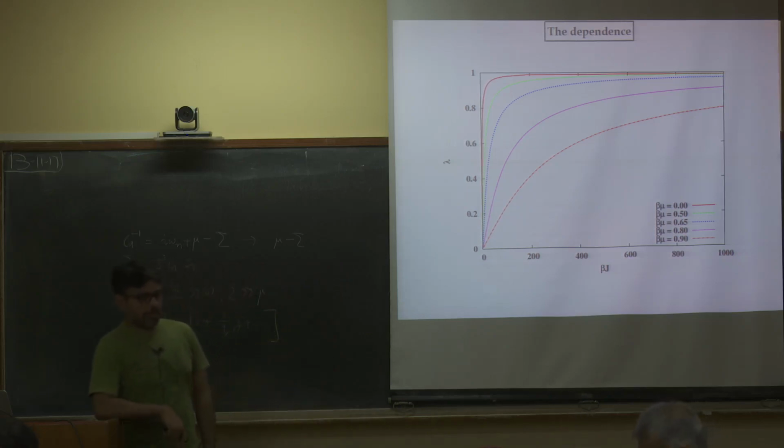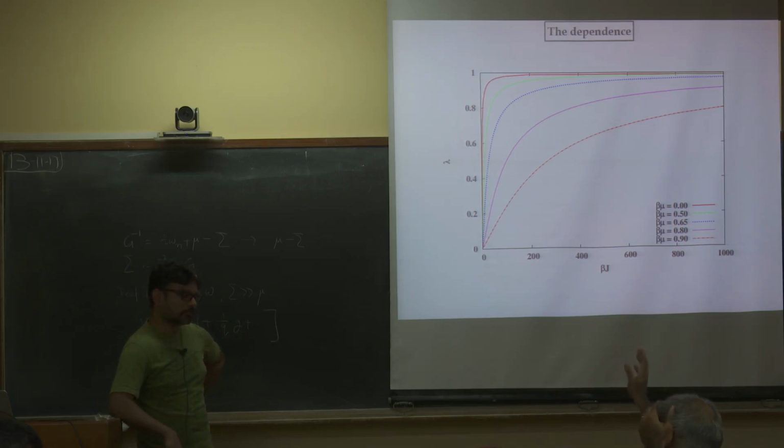Yeah, you get corrections. I think what he's saying is also tied to what the IR is here, because if I ignore mu, then I don't have any J tilde here. Then you get the exact Lyapunov exponent saturation. I was going to ask you that for the 4-point function, it's not the case that you map to Maldacena-Stanford with J replaced by J tilde. You do. But in Maldacena-Stanford, as long as J is large enough, up to corrections that he's talking about, lambda is just whatever it is, 2 pi over beta. That's right.